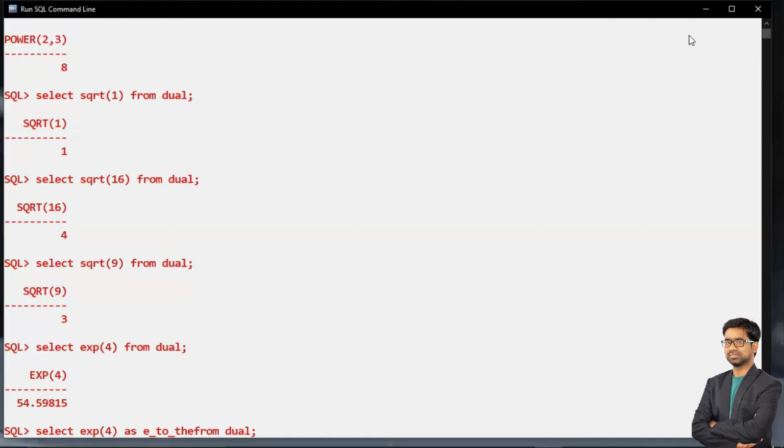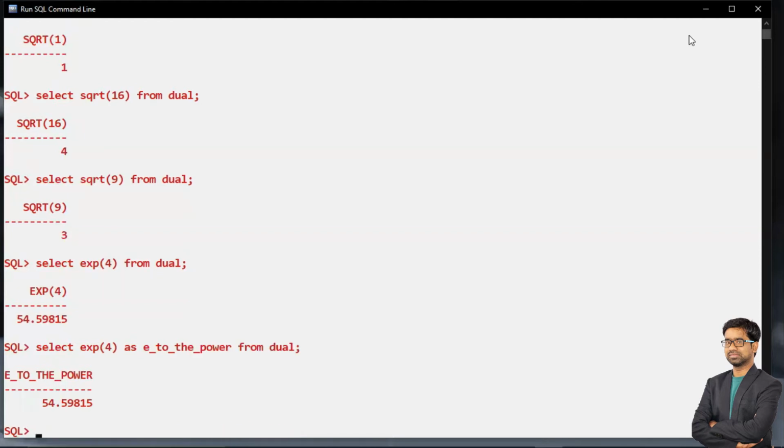We can also mention an alias name here, it is possible, so it will appear like e to the power. So we have to use this EXP function.